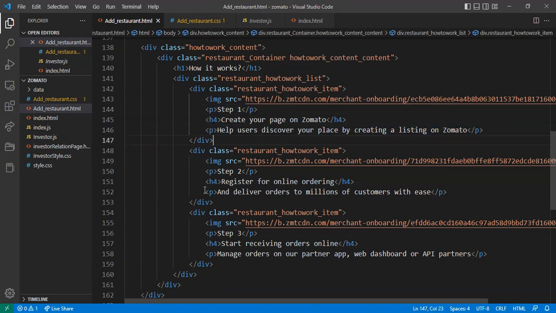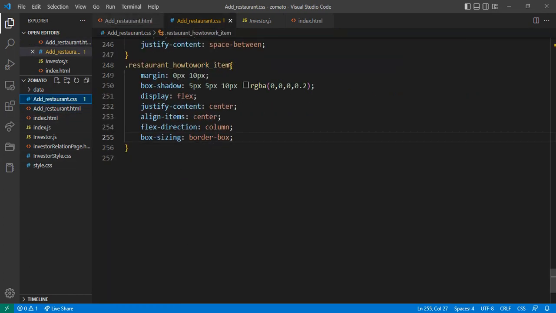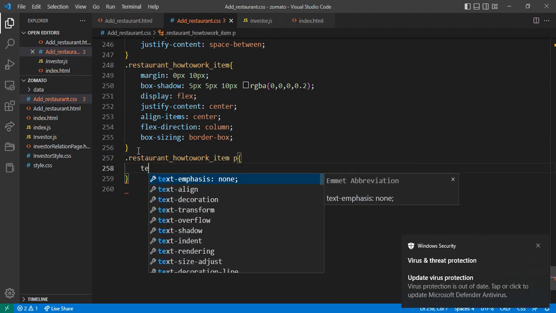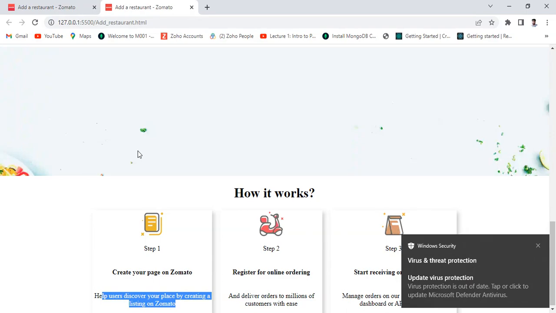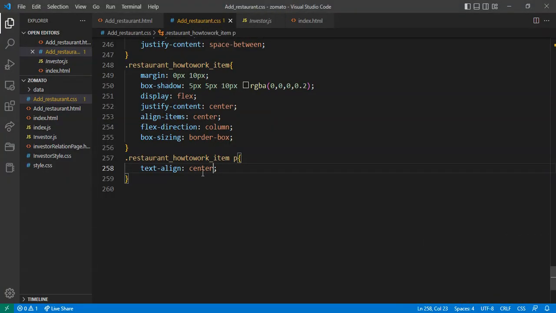We can directly use this p tag with the help of this item. Just come here, and here I can give every p tag text-align center. Let me just see why these are going outside, and this will be box-sizing border-box